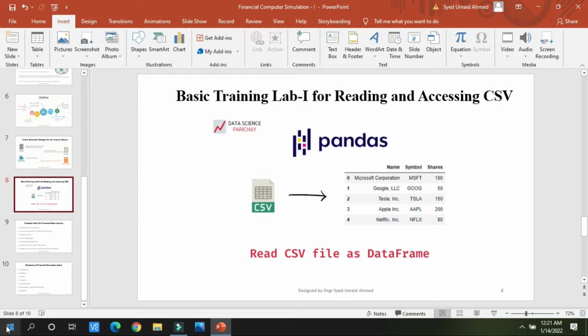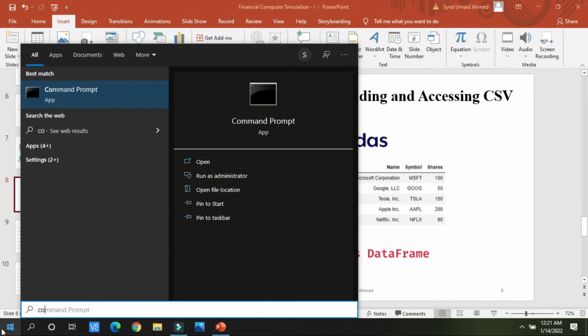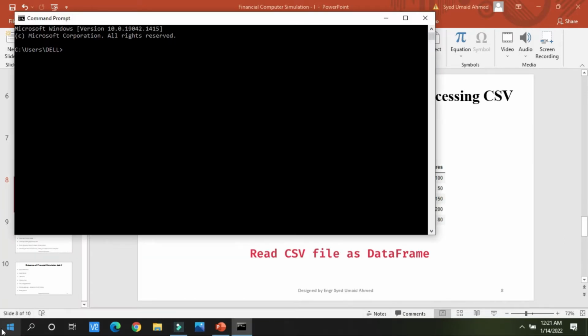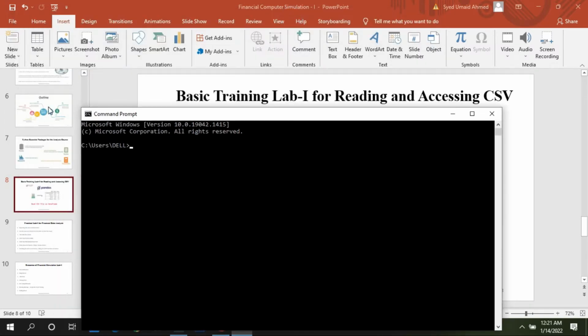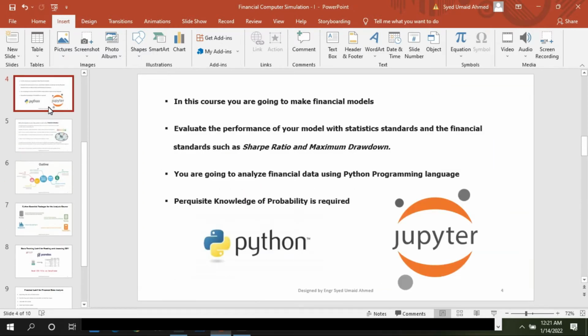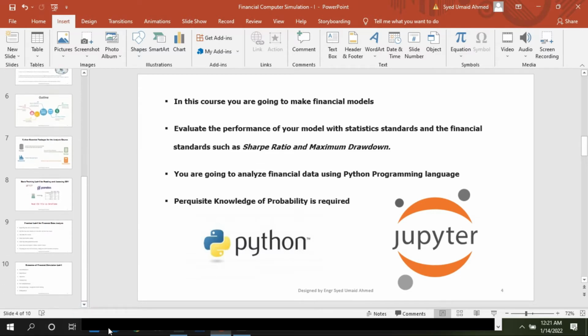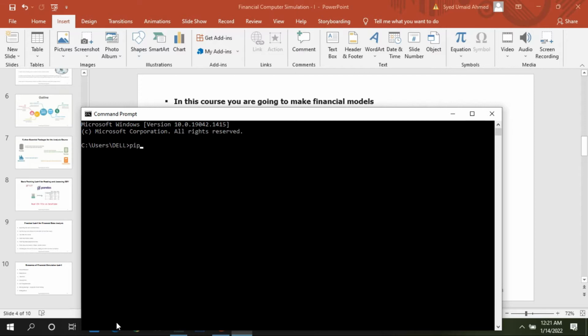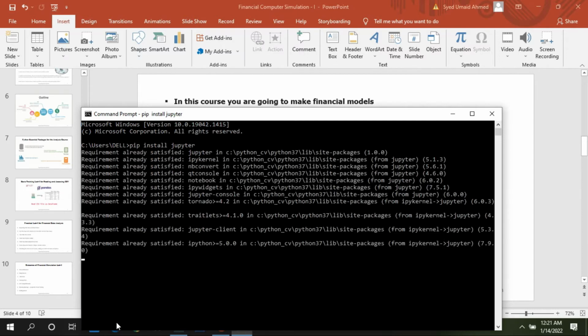First of all, I will go to the command prompt, and I recommend everyone to follow the same steps. For making the environment, as I told you earlier, we will be programming in Python and the environment will be Jupyter notebook. To use this environment, we have to go to the command prompt and write pip install jupyter. Jupyter notebook is a Python environment in which the code is executed at the same time. You write the code and you execute it in the same line.